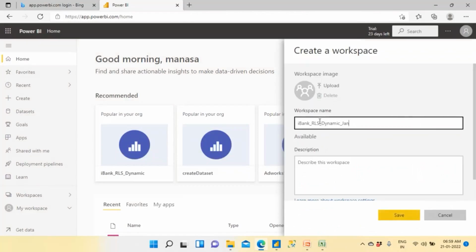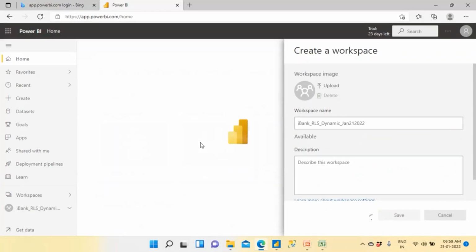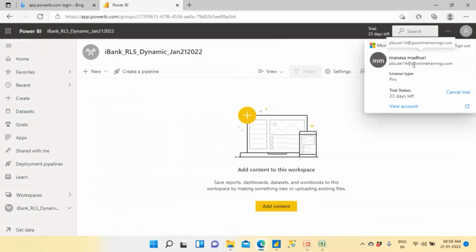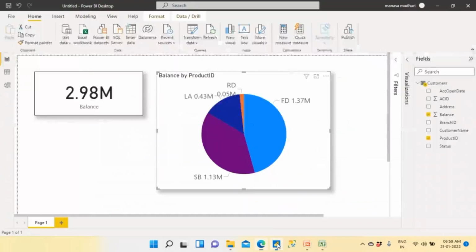and today is Jan 21st, 2022. Okay. Something like that I'm going to be creating. So iBank row level security dynamic, Jan 21, 2022. Let me save and create this. It is a blank one got created under user 14, right? So make sure that you're doing everything properly. Let me save this,